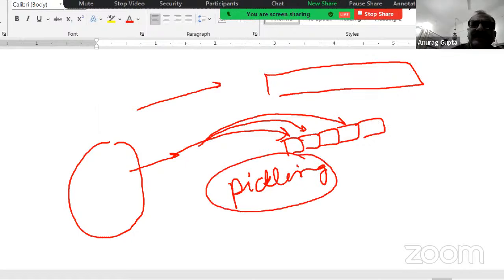And this is done in a non-human readable format. That means if you try to read this data without unpickling, you will only find garbage. Because what has been pickled using the Python program can only be read back or unpickled using the Python program. This is the way pickling works.